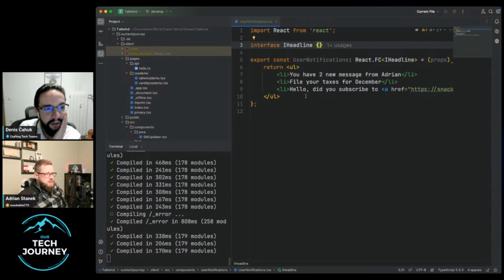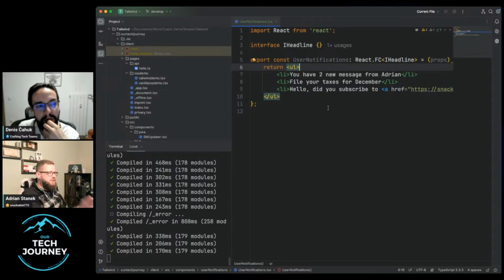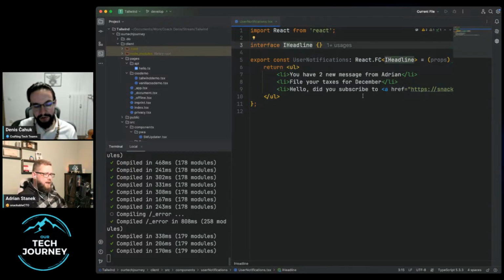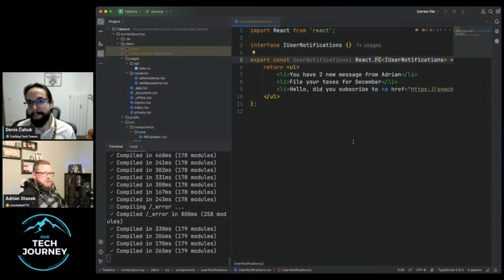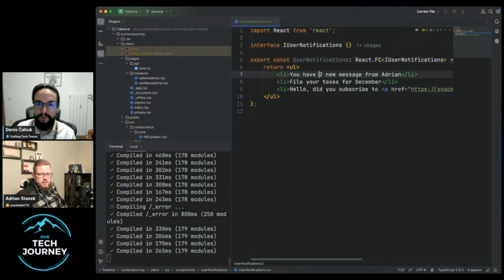Yeah, I was about to ask that because I would have been interested in that. We can do that in the next TDD session, and apply it to front end, which is way more complicated in my opinion than applying it to normal, let's say, backend functions or class methods. I'm assuming this won't be iHeadline. This would be iUser notifications. Right, exactly.